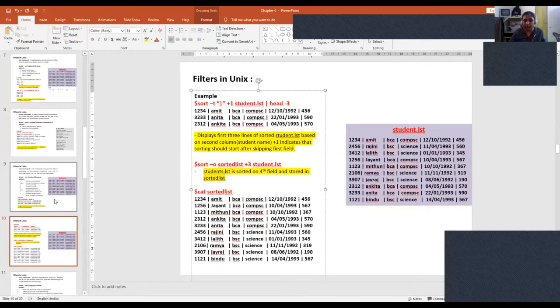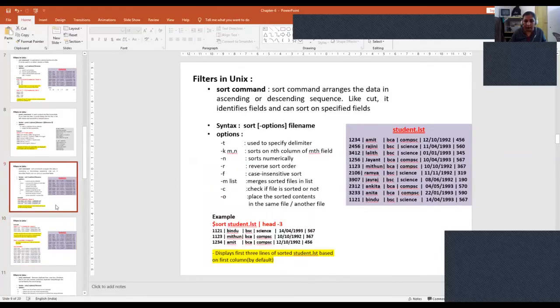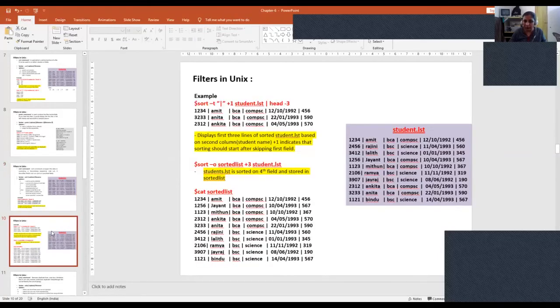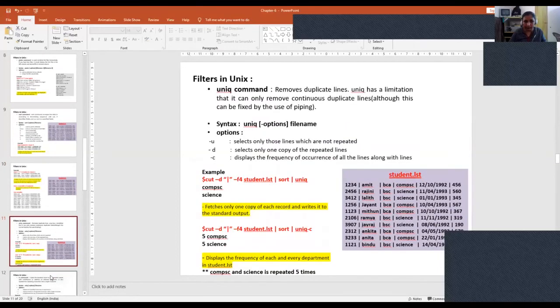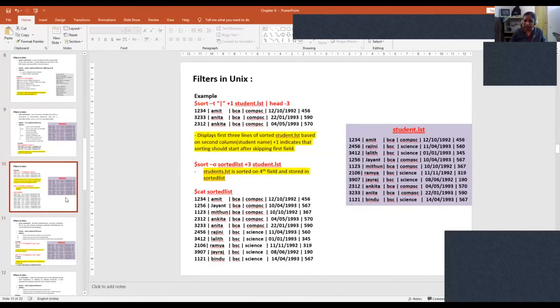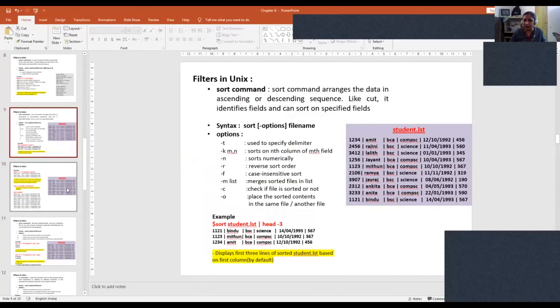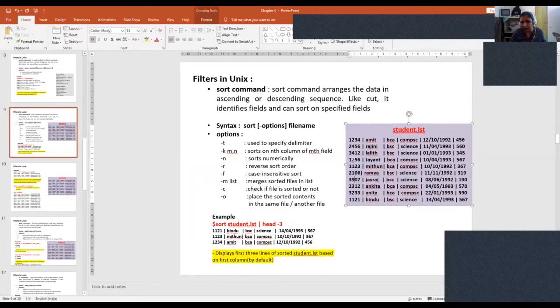So we can do a simple sort, or you can sort with other options. Please work on the other options also. For example, if I give -r, then all the data will get sorted in reverse order, which is your highest one first. So 3907 will be your first record, then 3412 will be the second record, then 3233 will be the third record. Like that, it will continue. So we can also make use of these options. Please make use of it.